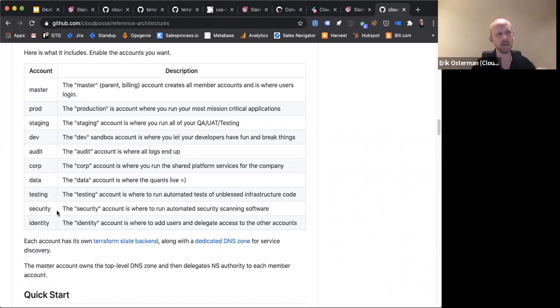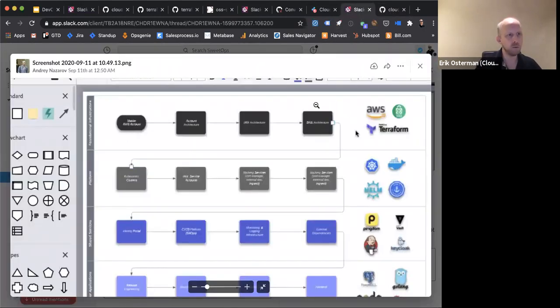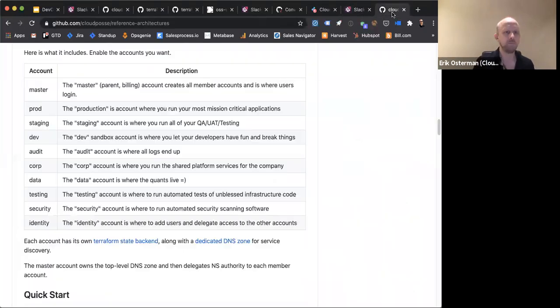Going back to that slide I had earlier, this here, layer one, this is one repository at a minimum. So we wouldn't have these things split across repositories. The chicken and the egg thing here is the first part of setting this up is establishing your Terraform state backend. That state backend needs to exist somewhere.